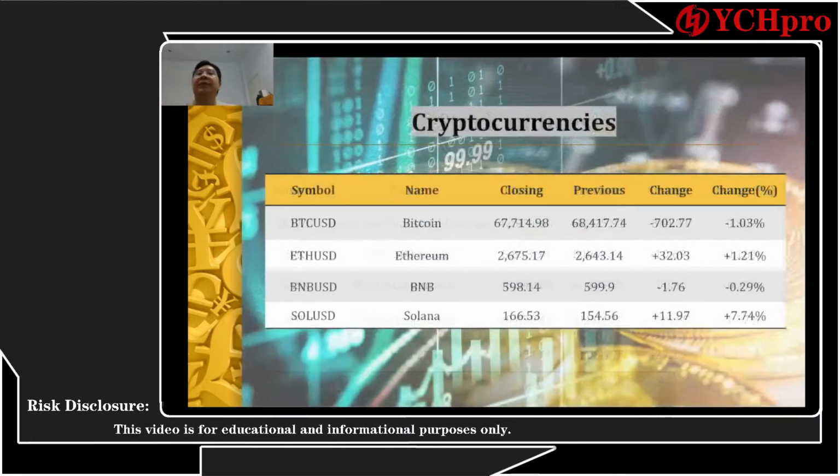Moving on to the last side of the charts, we are seeing that cryptocurrency markets are closing on a negative side, because I do believe the slowdown in the market yesterday really impacted Bitcoin as well as BNB, but we are still seeing some good gains coming out of Ethereum as well as Solana. So that is still giving us a very good sign coming out of the market. It's still giving us mixed results on the trading pairs. So I believe that could be the case for the market heading for a reversal, backing higher for the cryptocurrency side as well.